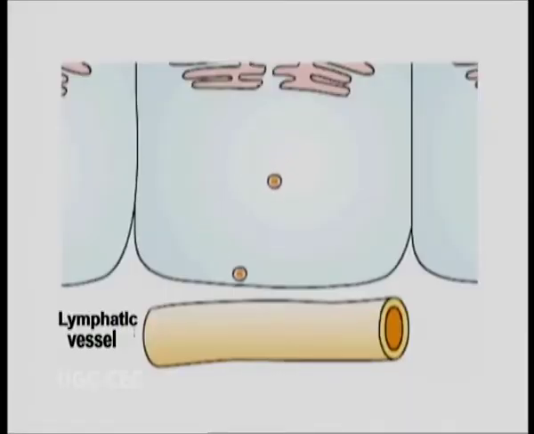Chylomicrons serve as a shuttle to transport lipids through the body. The chylomicrons leave the mucosal cells via exocytosis and enter lymphatic vessels in the submucosa. From here, they are transported to the thoracic duct, where they enter the bloodstream.